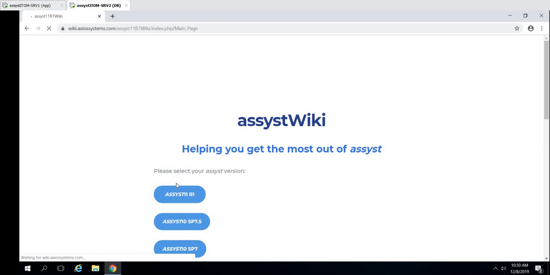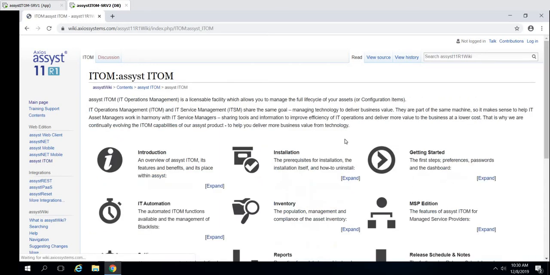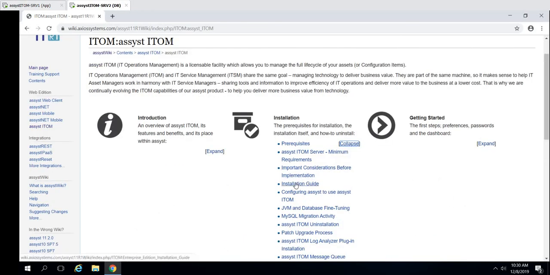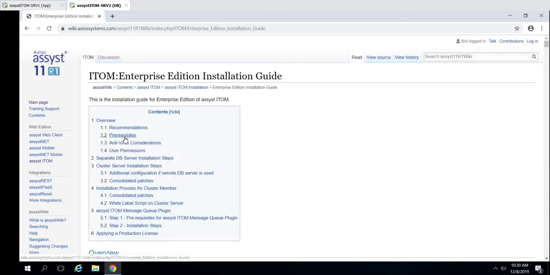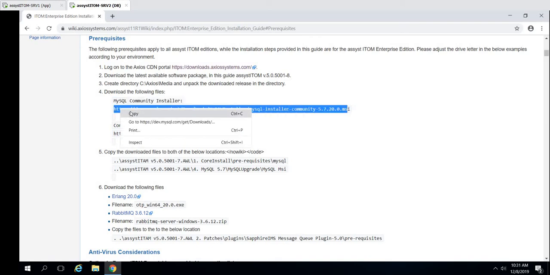Then assyst 11 R1, and on the left side assystITOM, expand, installation guide, prerequisites. Now if you can see here, MySQL community installer, you can take this URL